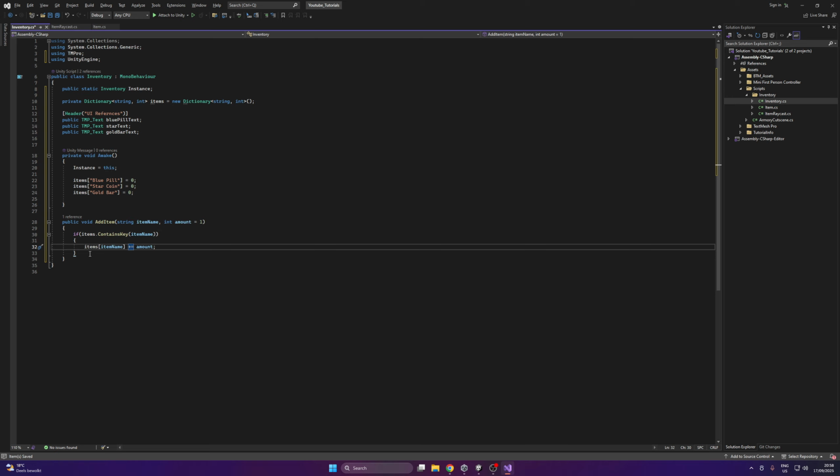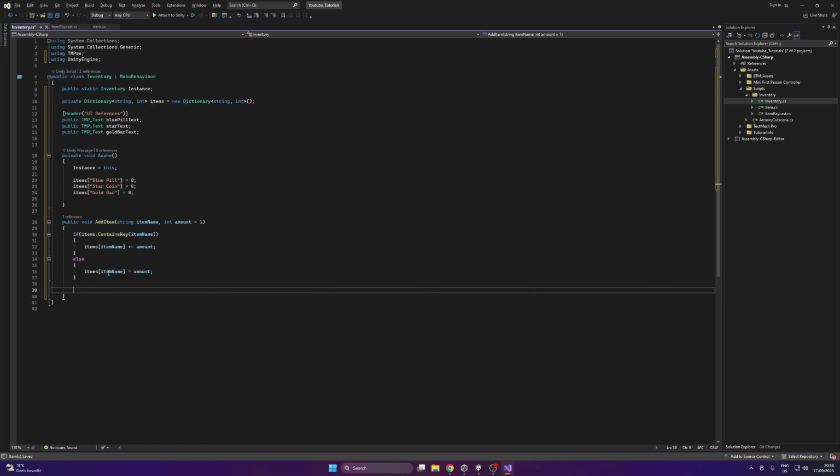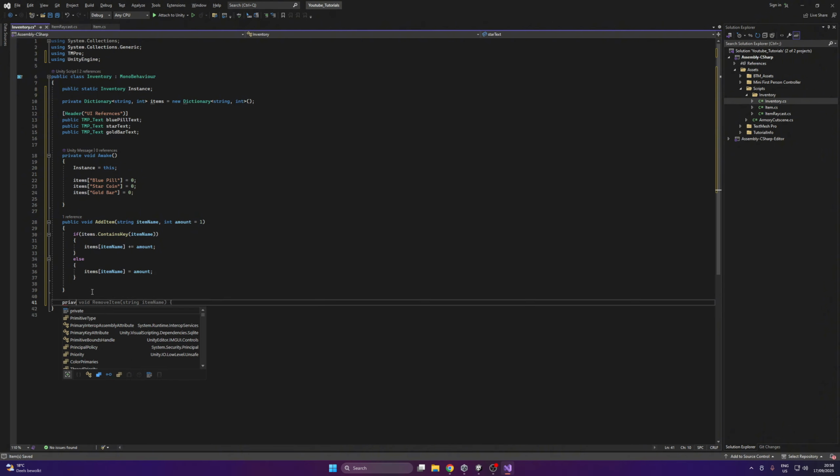Plus, and else, we should say items. Item name is equal to the amount. And then in here, I think that is it. That's all that we need. Then we need a private void called update UI,